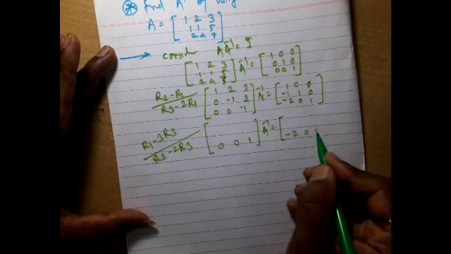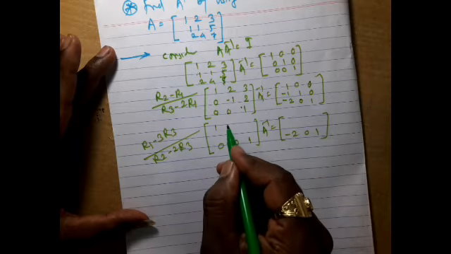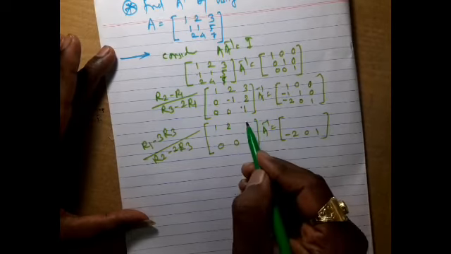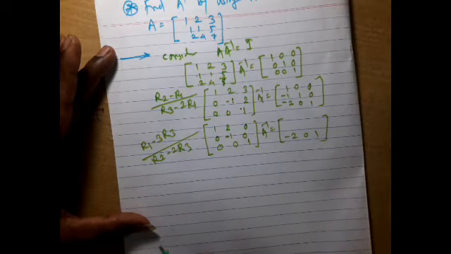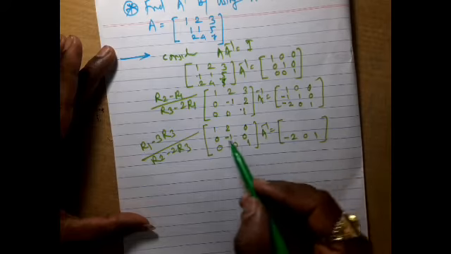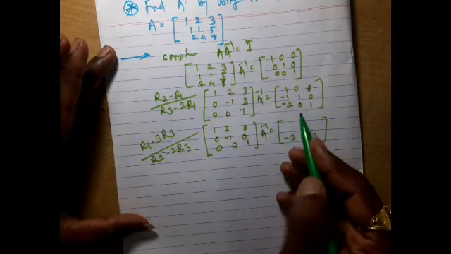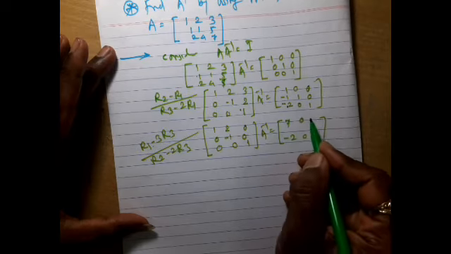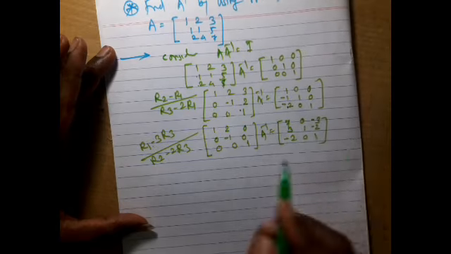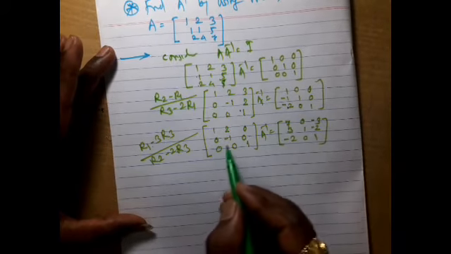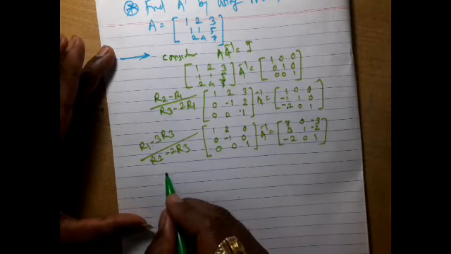This side also. These two elements are 0, so that these two elements are unaffected. This is 0. This is also changed like this. On this side, R1 minus 3R3. So it will be 7, 0, minus 3, 3, 1, minus 2. If you see the corresponding elements then. Now make this 0, so it will be in R1.